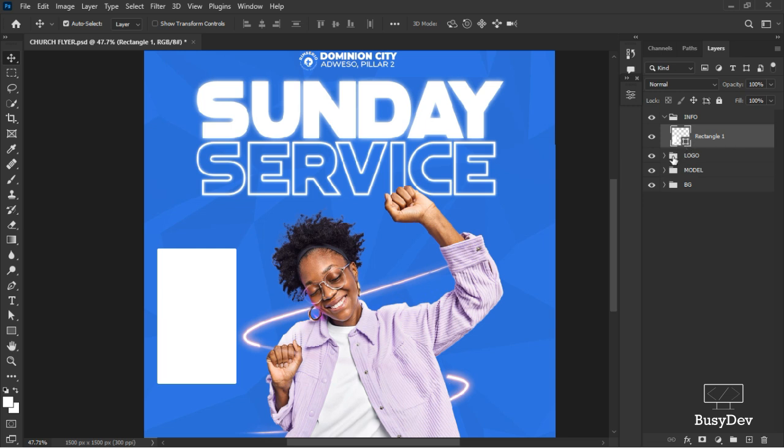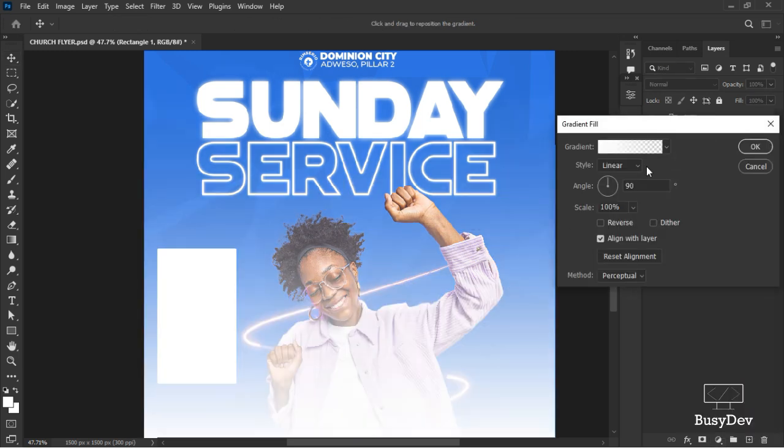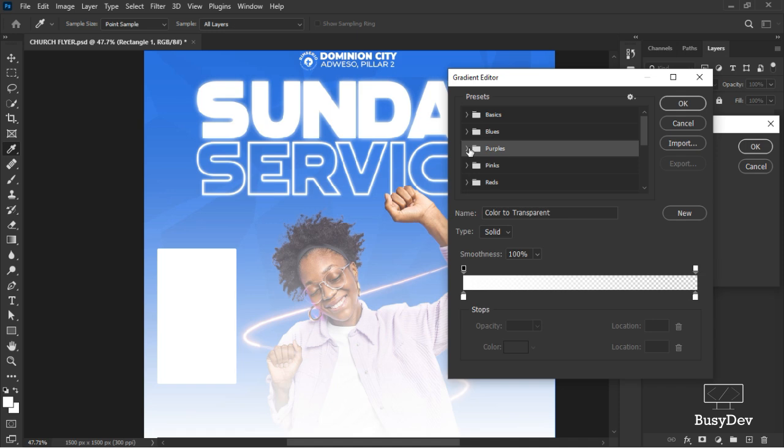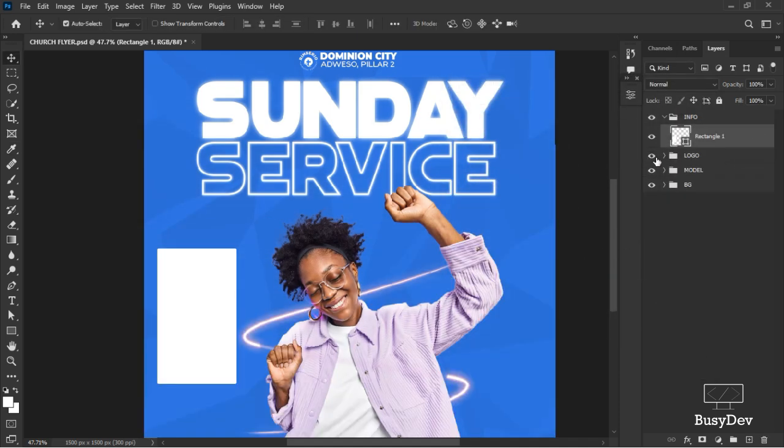So after I've adjusted it nicely, the next thing I will do is come here into my layers, go to your adjustment layer, and then just choose not gradient map. You're just going to choose gradient. Okay, so for your gradient options, you're just going to come down here. You can double click over here so that it becomes simple for you. Okay, so now this gradient has been created over all the files,